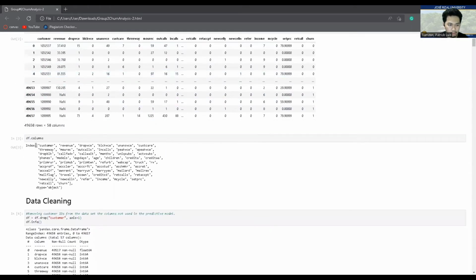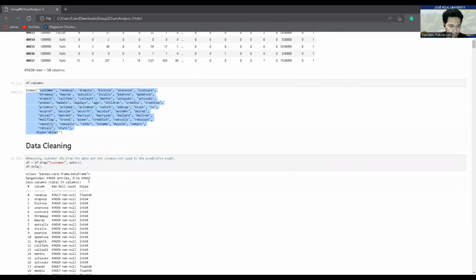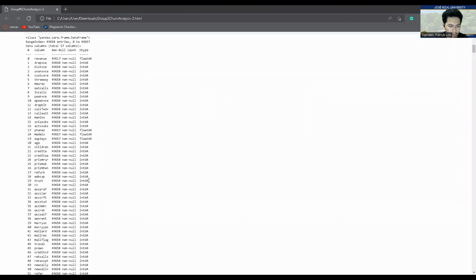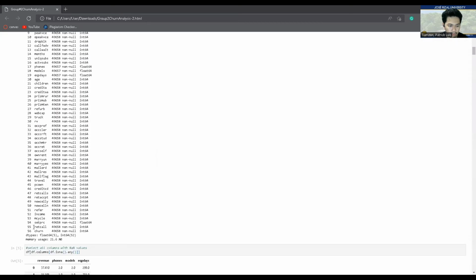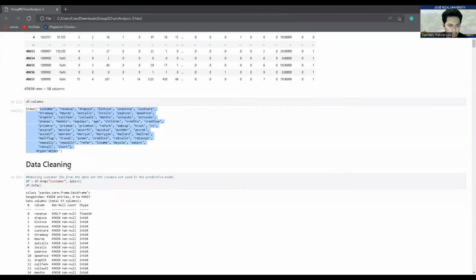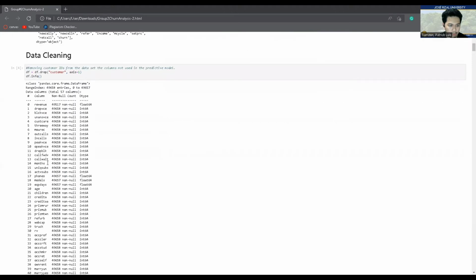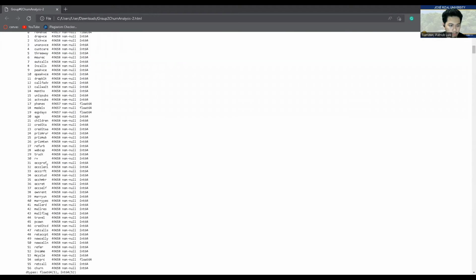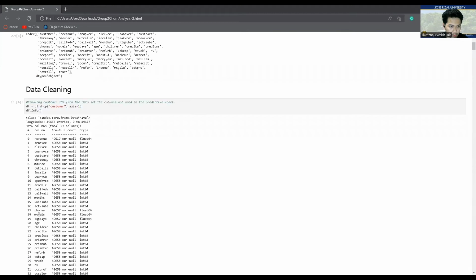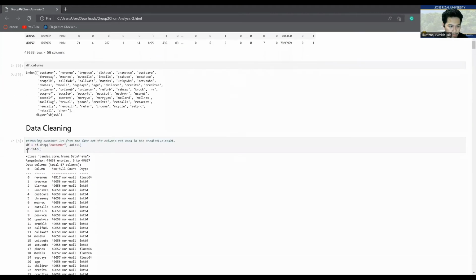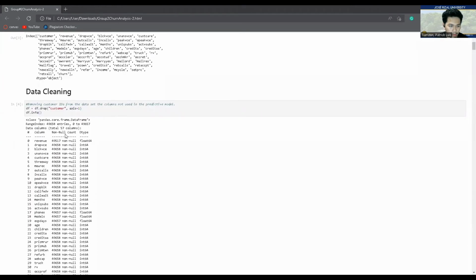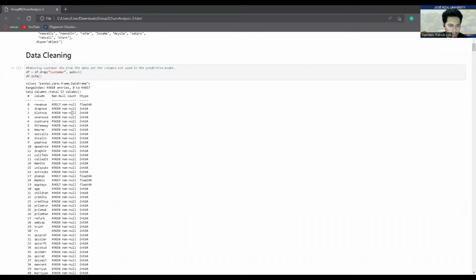And here are the attributes. The total number of attributes is 57. And here are the non-null count and the data type.